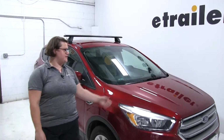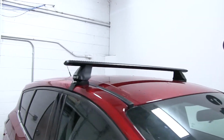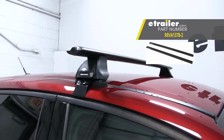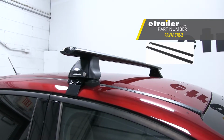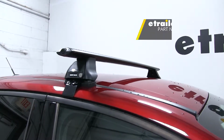Today on this 2017 Ford Escape, we're going to be taking a look at and showing you how to install the Rhino Rack Vortex Aero Roof Rack system. And that's including part numbers RRVA137B-2. That's the Rhino Rack Vortex Aero crossbars in black. These are also available in silver, part number RRVA